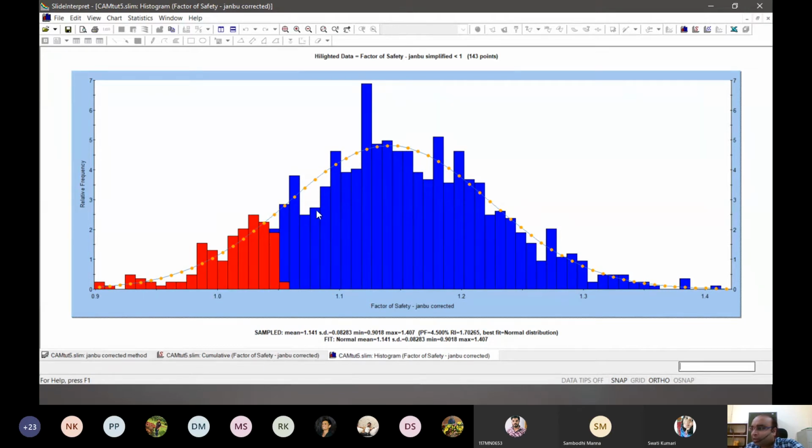If we see the standard deviation of the fit, it is written below. I don't know if you guys can see, it's very small at the bottom. It is written that the normal mean is 1.14, that is this part, right? And the standard deviation is given as 0.08.